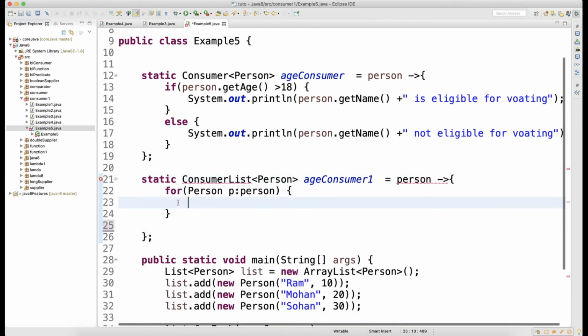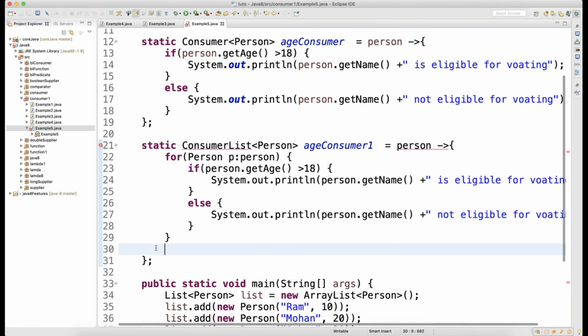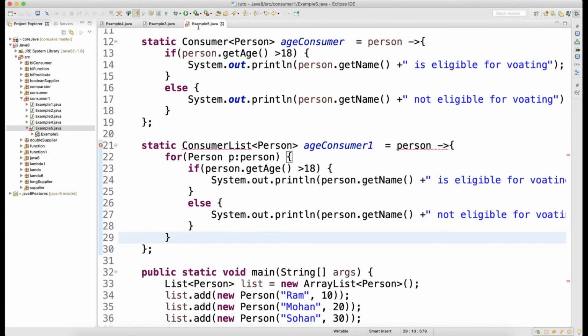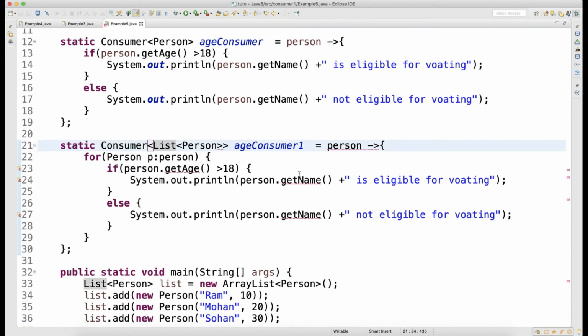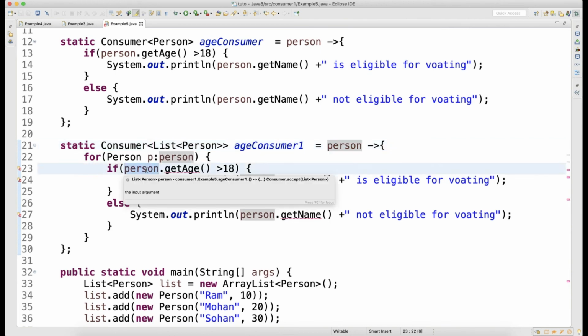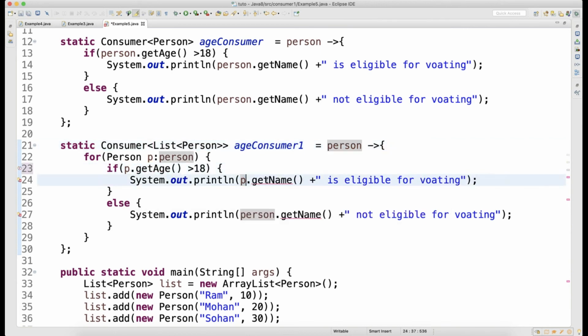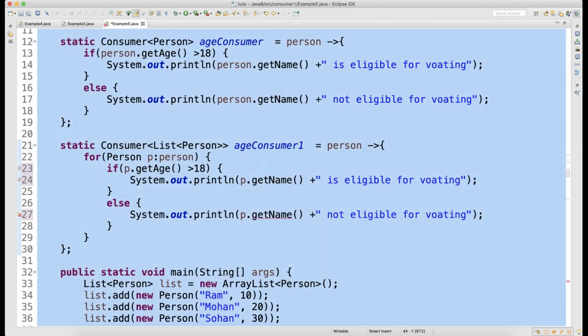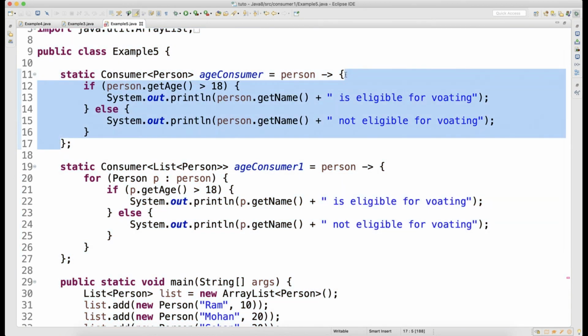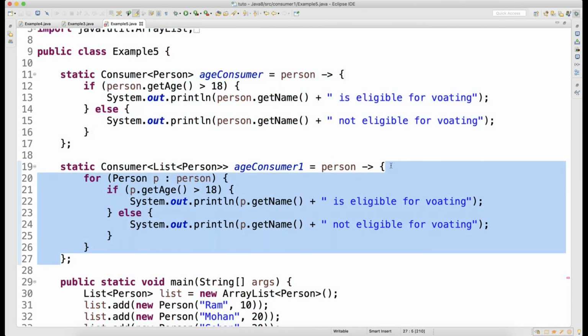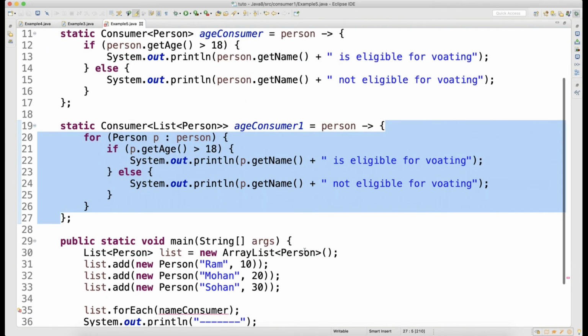Okay, Control X, paste it here. And this should be a part of angle bracket. Okay, and here I'll do p, here also p, here also p. So you can see that you have two consumers. One will process one record, one will process a list of records. Okay, so how can we make use of these consumers?